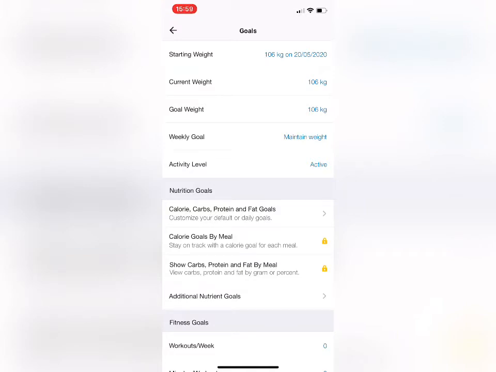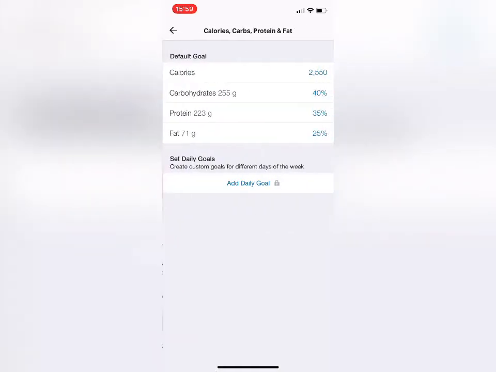Now what we found is if you use the app alone, it will actually provide you with more calories than what you actually need. More often than not, you aren't going to be in a calorie deficit, so completely ignore this section for telling you what to consume, because we're going to be controlling that. However, in this goals section, what I like about it is if we go into calories, carbs, proteins and fats,